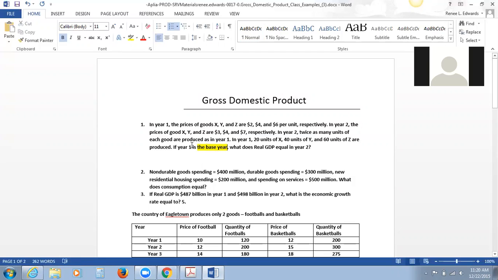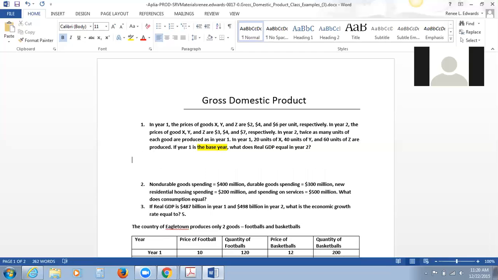Like in this problem, I could have said base year of two, right? But because I said base year of one, you want to basically have quantity in year two times price in year one, all right? So if I do quantity in year two, it's the sum of everything bought and sold, the market value. So what you end up with is $2 coming from year one, times how many units of X were sold in year two. That's going to be 40